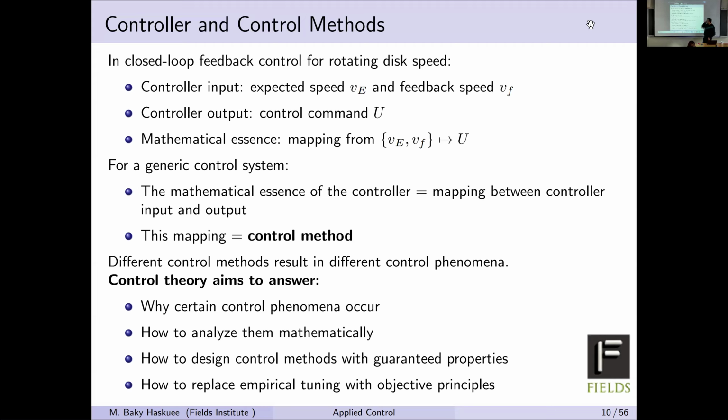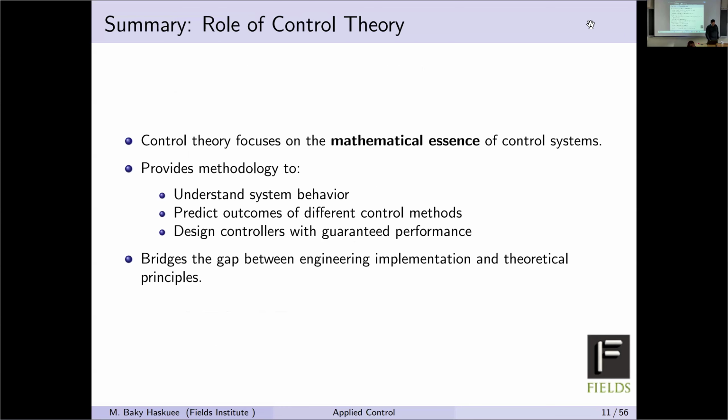This is how we set the commands by the controller. How to replace the empirical tuning with objective principle, as we see that the measure by the sensor and the secondary type of knowledge is sent to the controller. Okay, in summary,